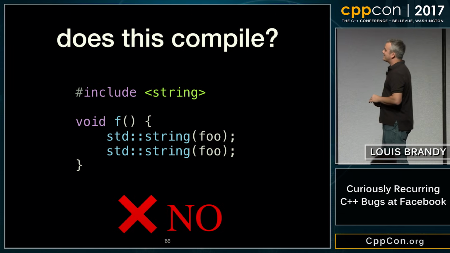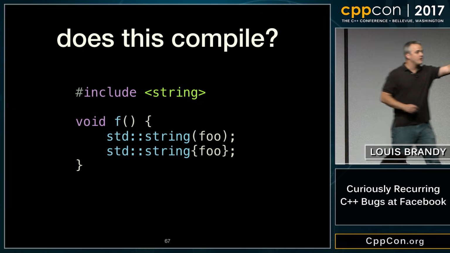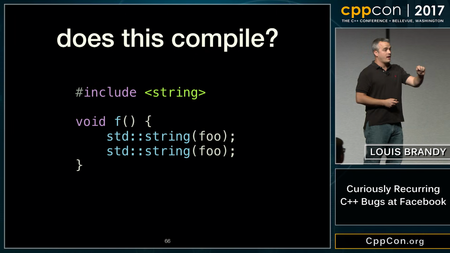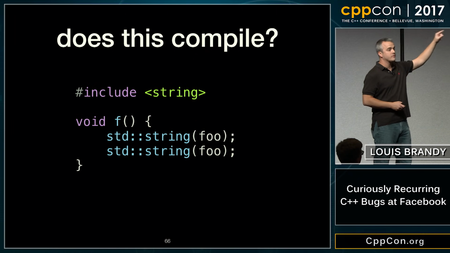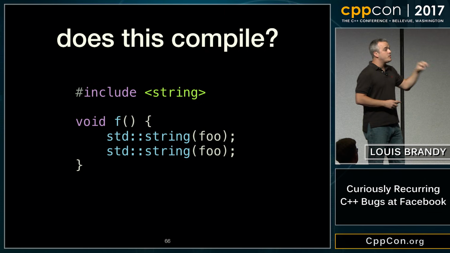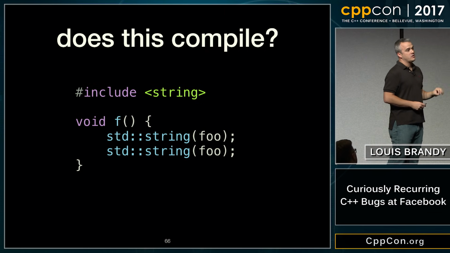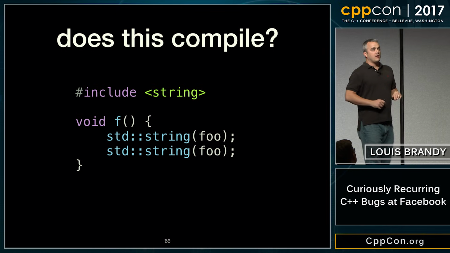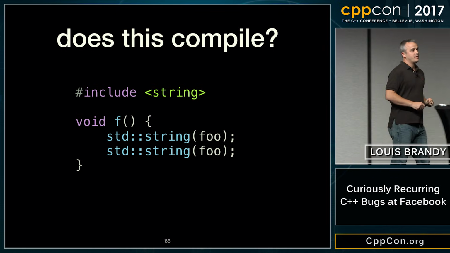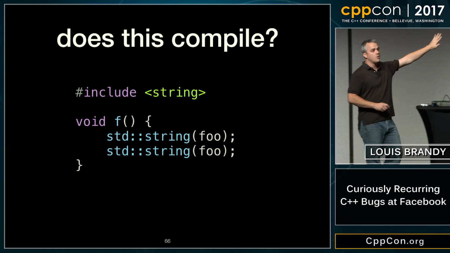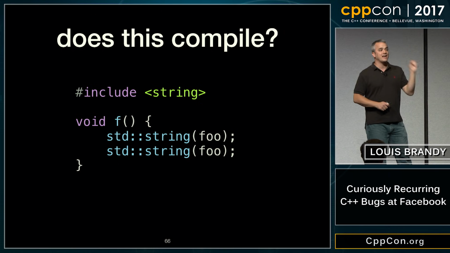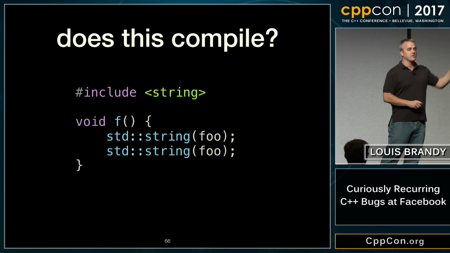All right, does this compile? Look closely. We have a question. So it could be interpreted that way. It could be interpreted that the second one is a copy of the first. But the rule is if it's ambiguous and it could be a declaration, then it is a declaration. So this is a redefinition error. To be clear, I'm slightly out of my league here, because now you get into super parsing of the standard. But as far as I tested, nobody will compile this, and I believe that's why. Because the rule says if it's ambiguous with a declaration, then it is a declaration, period. And that's why you get a redefinition error.